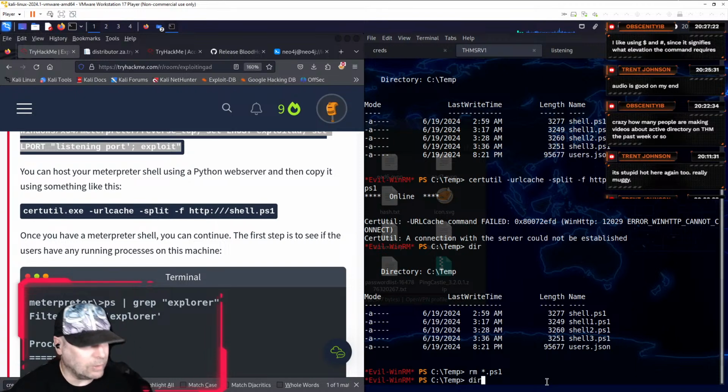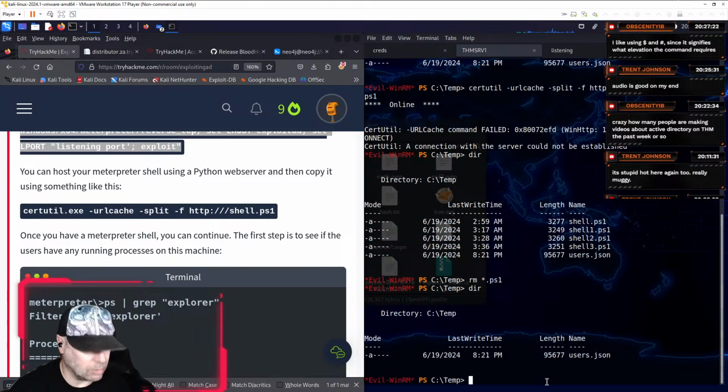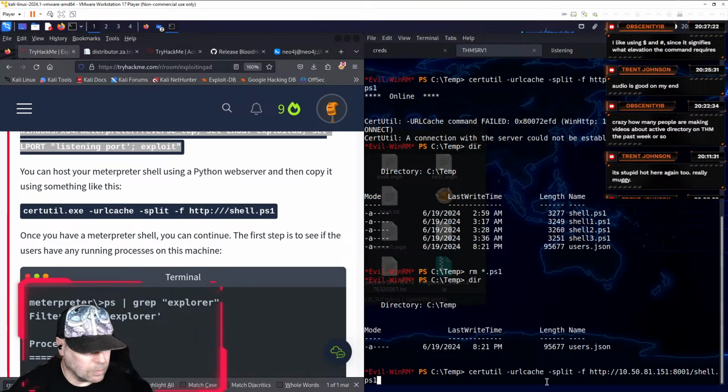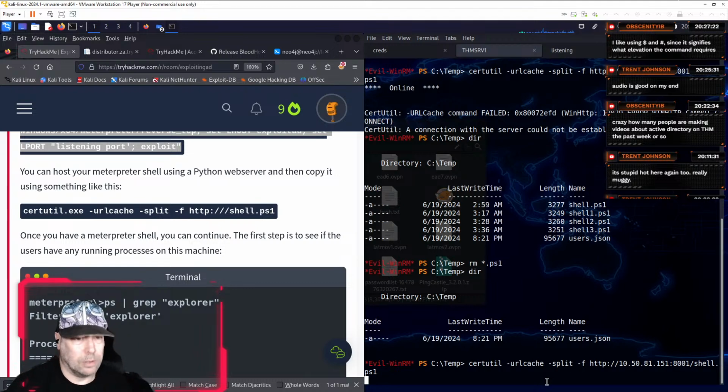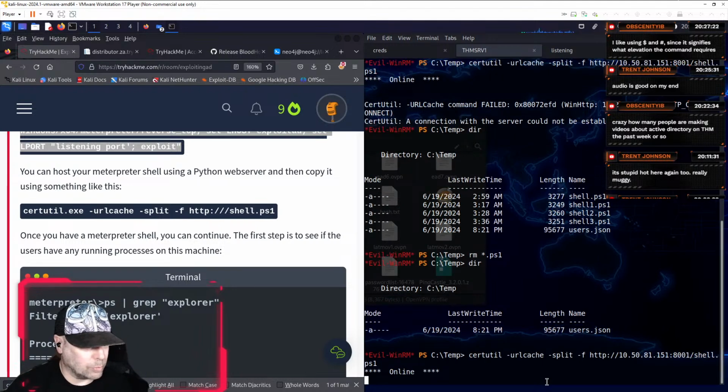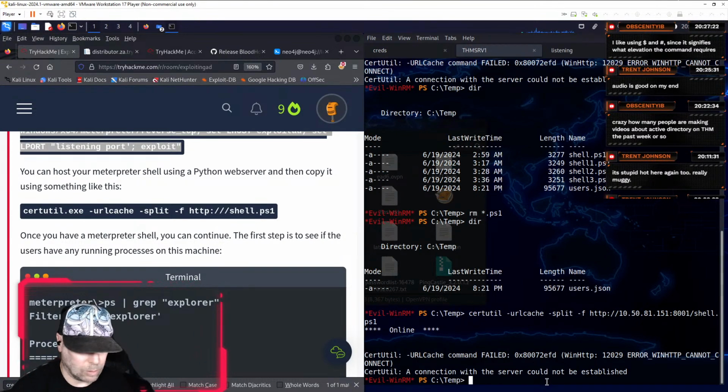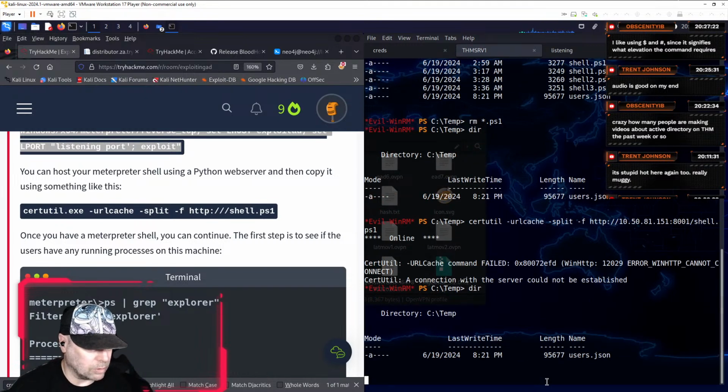Alright, when it said a connection with the server could not be established, I didn't take it seriously. Sometimes I just proceed as if everything is working, even if it's not. Why didn't it work?